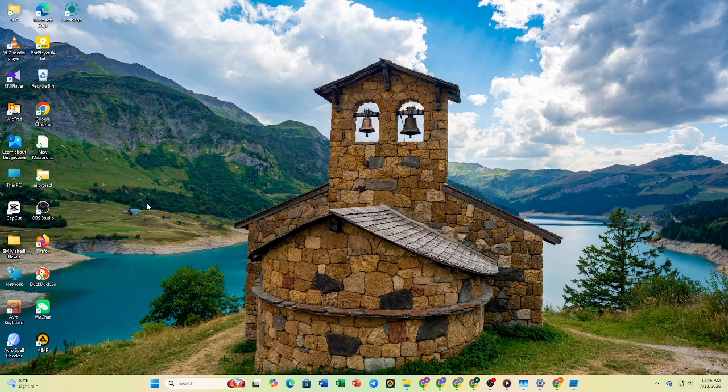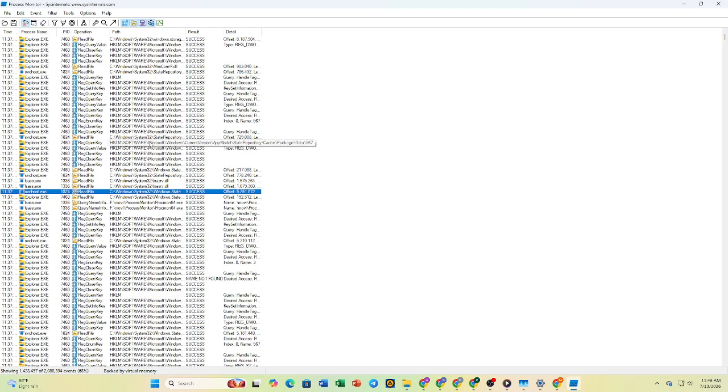So let's get started. First, open Process Monitor on your Windows computer and allow it to run with administrator privileges if prompted. As soon as the application launches, it will begin capturing system activity, including file system events, process activity,